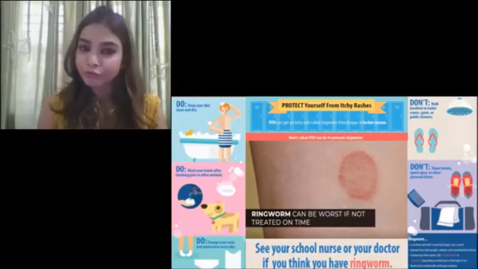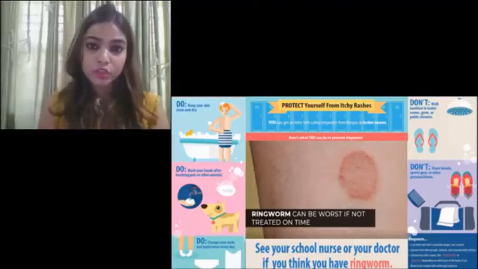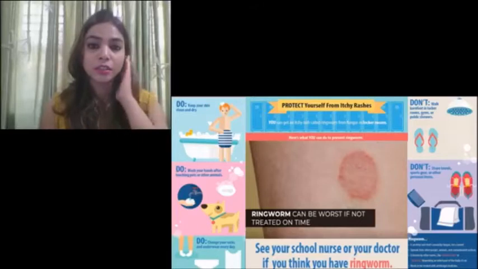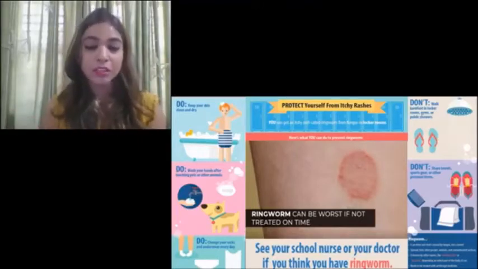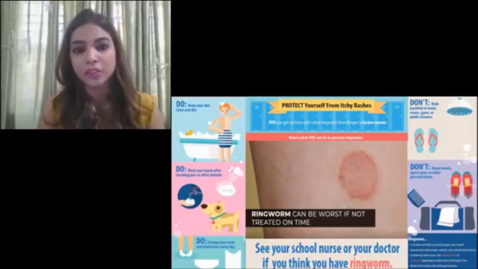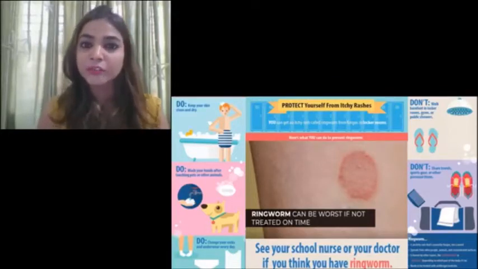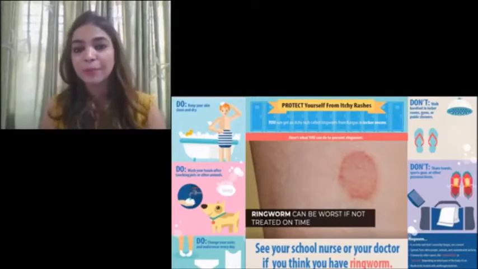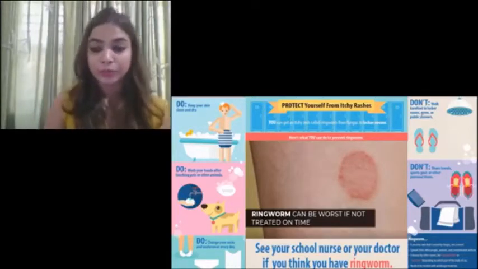Change your socks often. Try to wear wick socks, which absorb moisture well. If you have infection in folds like the groin or axilla, underarms, you can use some powders. These powders also contain antifungal. So when you use powders containing antifungal, they wick the moisture. Do not let the area become wet and damp and cause fungal infection further.